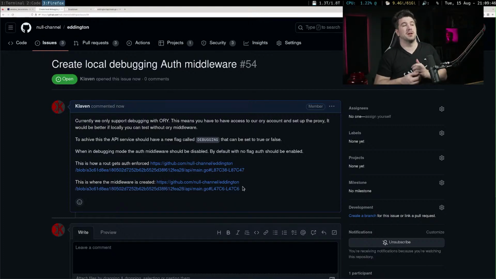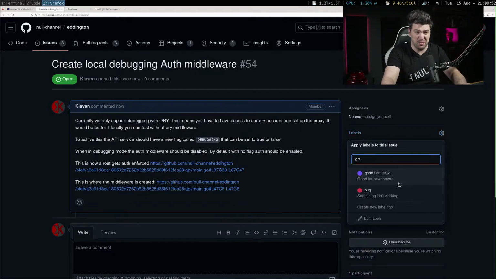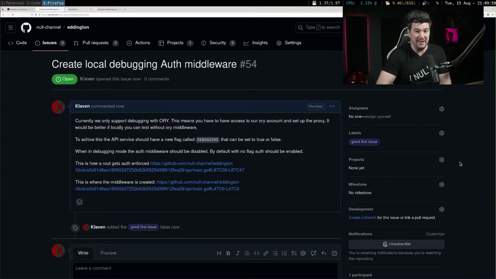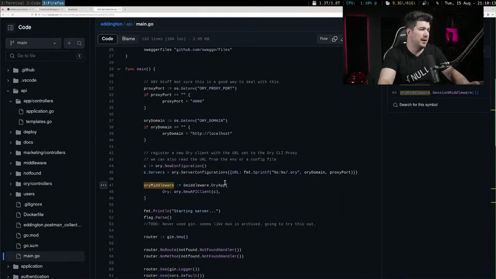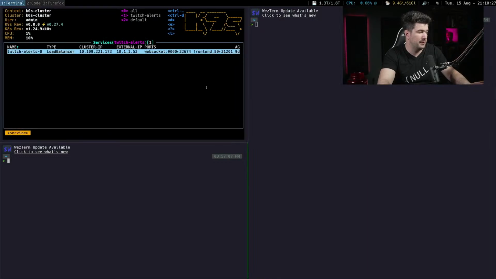One thing that you can do here is mark this as a good first issue, because I think it's actually a pretty good first issue. You really don't need to know much about the project other than that locally you want to be able to hit those endpoints without auth. And you could probably do that pretty easily without knowing the project. The really nice thing is it's not even just for people that don't know Go, but for people that don't know the project. This might be a good first issue, but if you don't give them where to start, I mean, if you look at Eddington's code itself, wow, I messed that up.